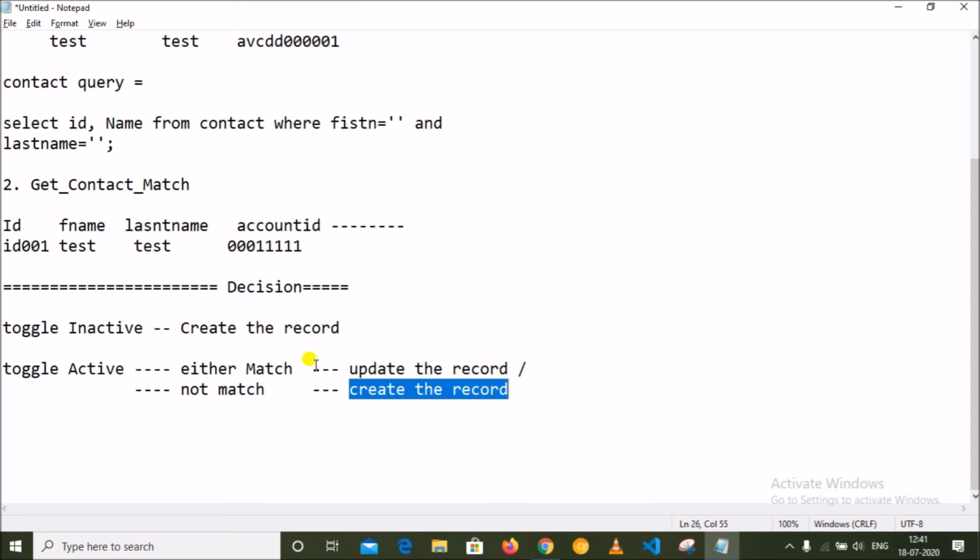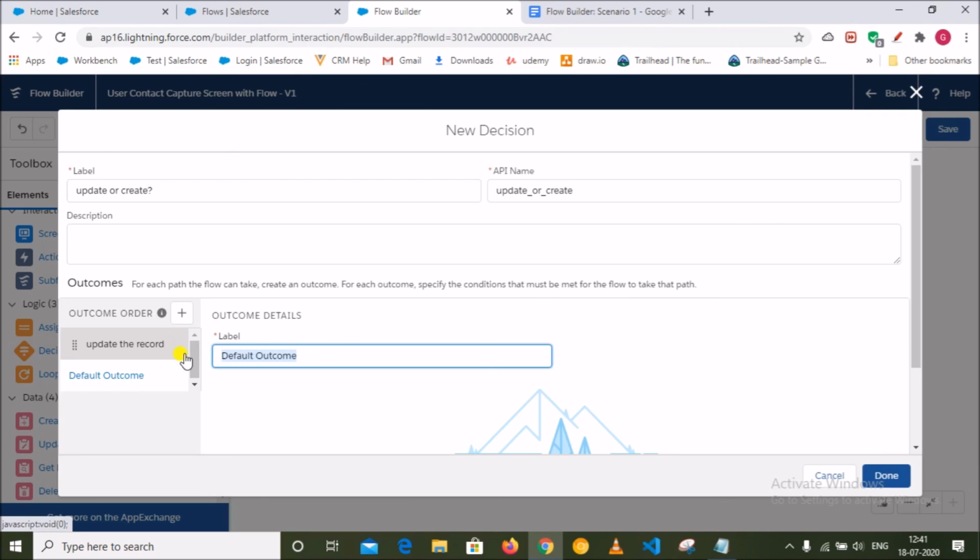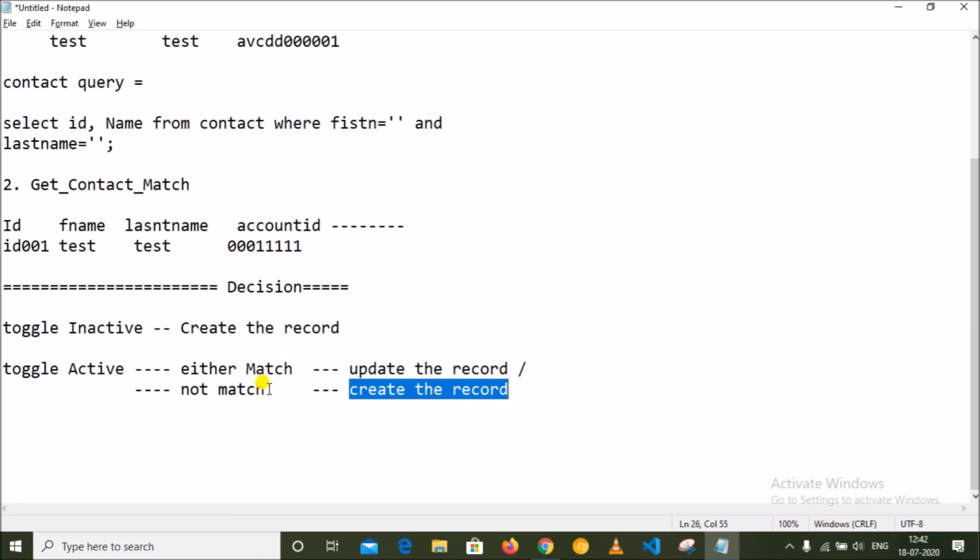The default outcome is create the record. Why did I make it the default outcome? Because if it is not a match, I have to create the record, or if the toggle is inactive, then also we have to create the record.